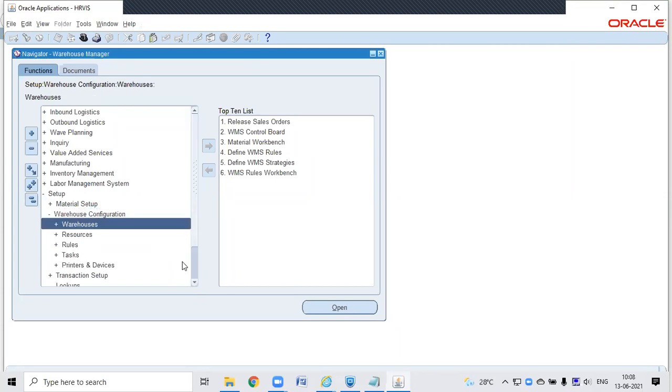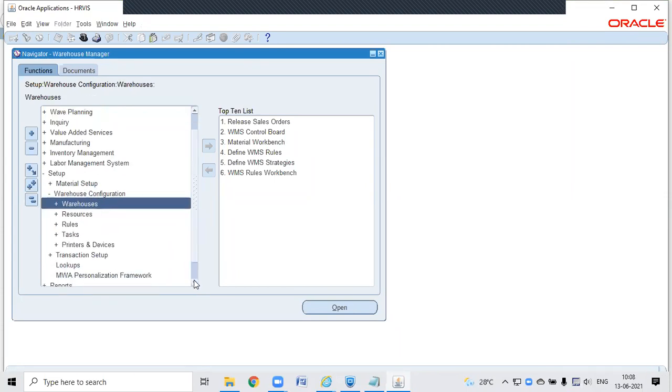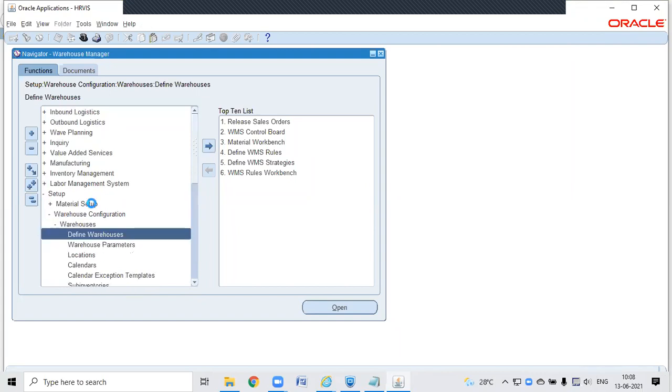So when we go to set up warehouses, there are multiple things which we need to set as priority. One is the calendar, and second is the location, and we expect that the operating unit, ledger, and all those things are already predefined. Considering those as predefined, we will start defining the warehouses. I'm not going to define a calendar, but we can discuss how to create a calendar and assign it.